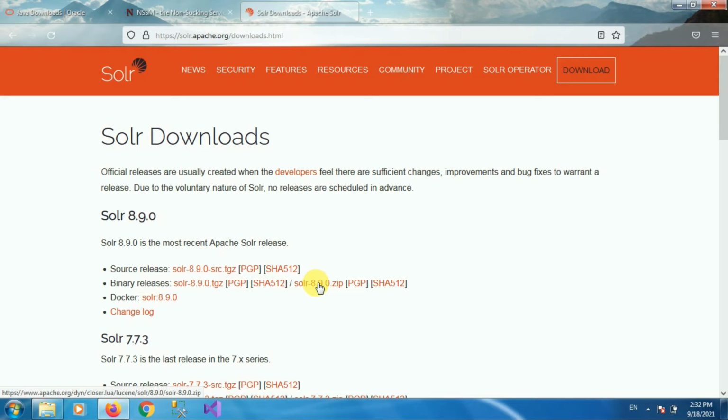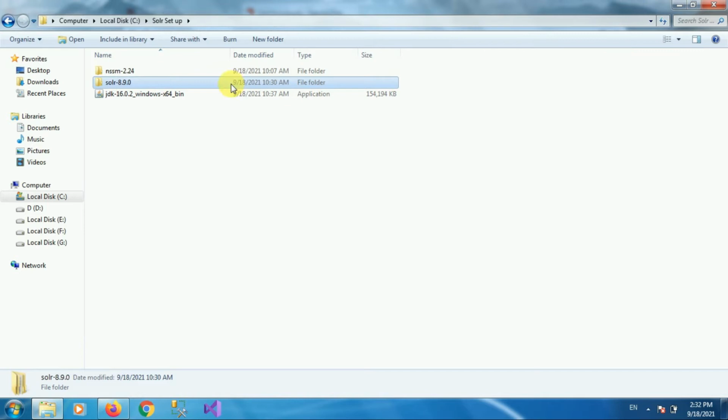In this way, download this software and then you need to extract these zip files. Now you need to save these files in a particular location. And here you can see these three setups. Then first of all, we will install the JDK.